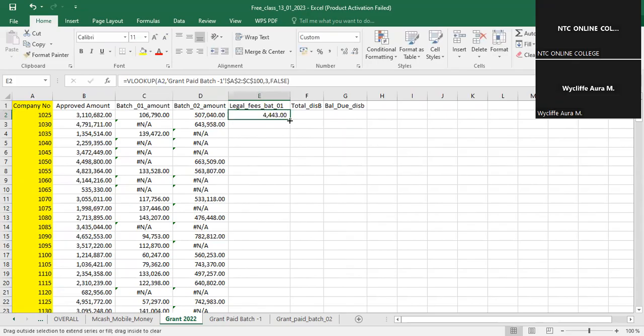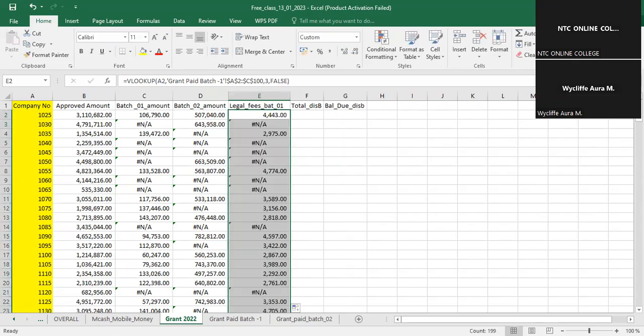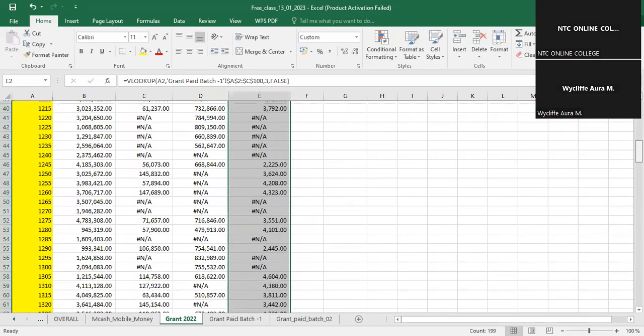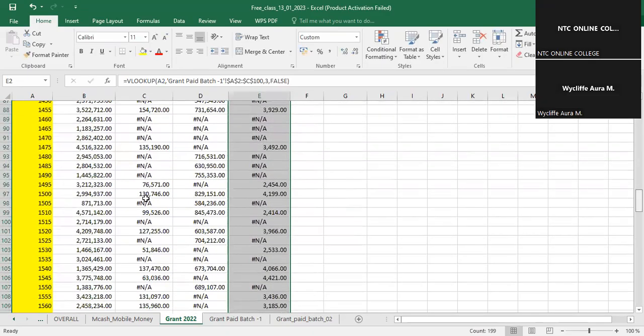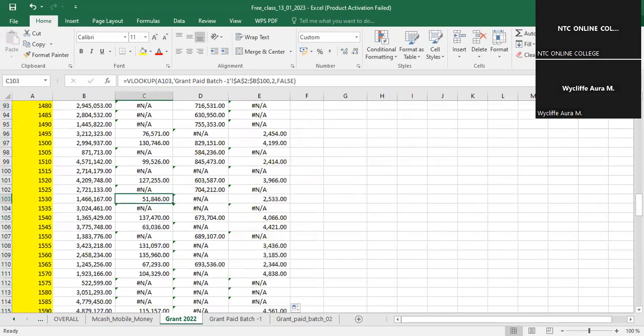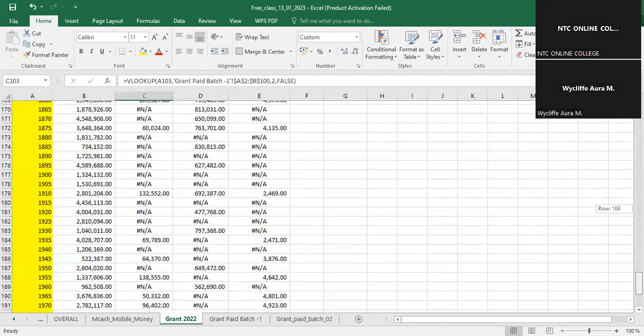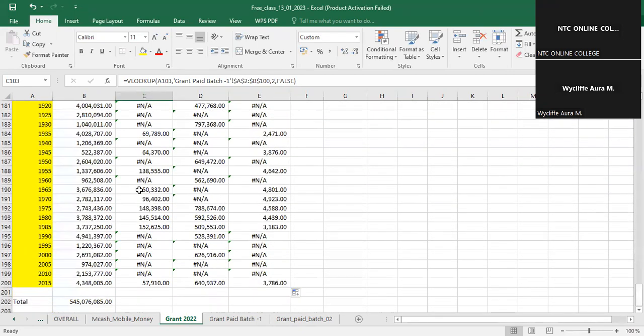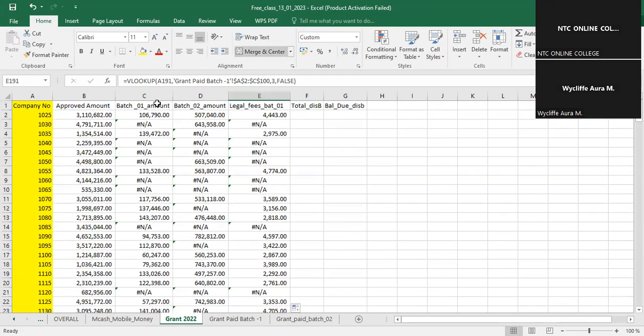Then I copy the same. So you realize that this is actually the companies. Any company that had a disbursement in first batch, there was a legal fees attached. Then also just to mention is that when you use the VLOOKUP,